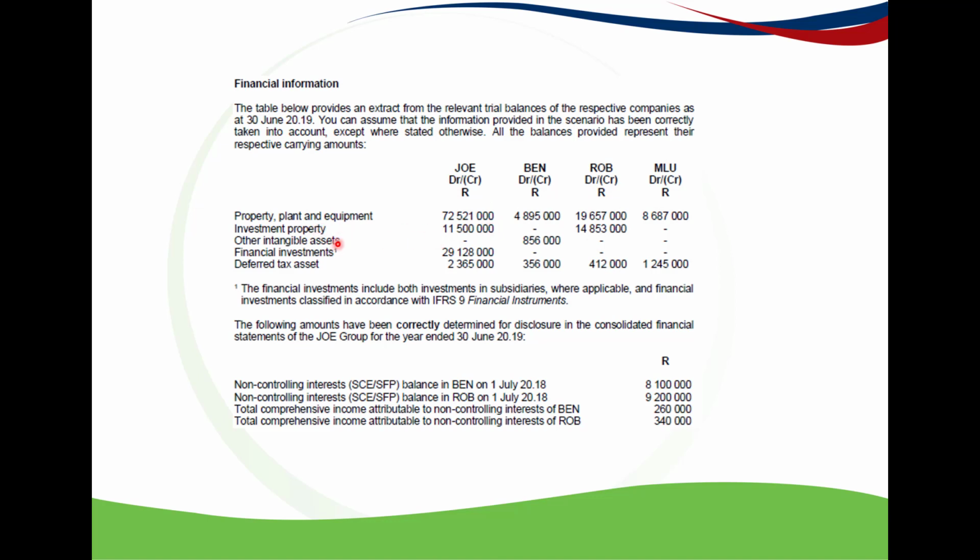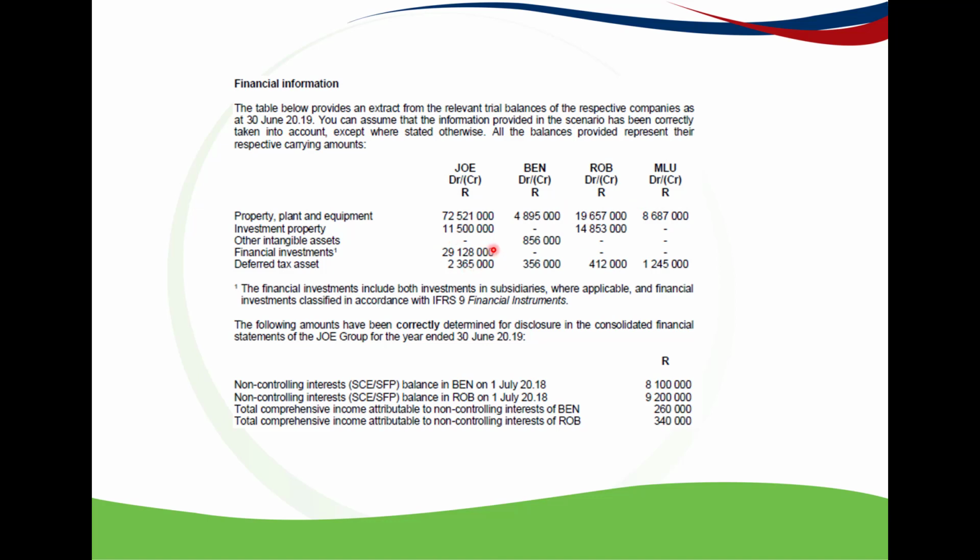There's investment property, other intangible assets, financial investments with a footnote that says the financial investments include both investments in subsidiaries and financial investments classified in accordance with IFRS 9. So remember that the parent then in this line item will include its consideration paid for its interest in Ben, in Rob and Mlu, and then this paragraph states that where there's a residual value, it's relating to other financial investments classified in accordance with IFRS 9. Because remember that the parent can only recognize the investment in Ben, Rob and Mlu at cost in its separate